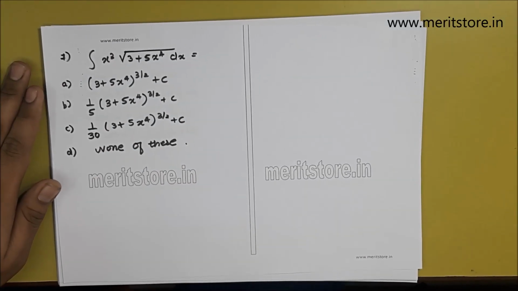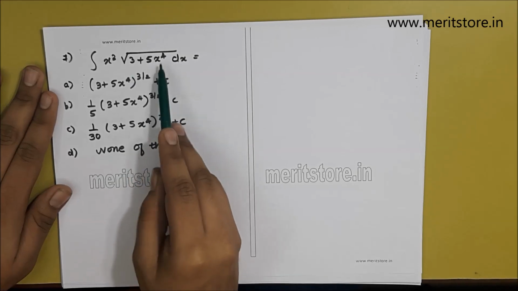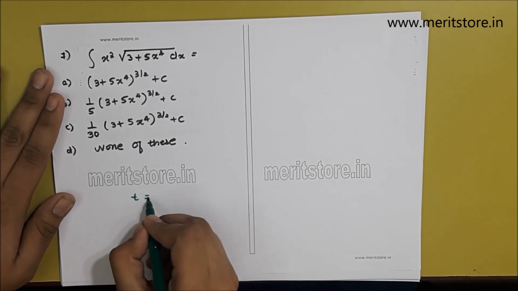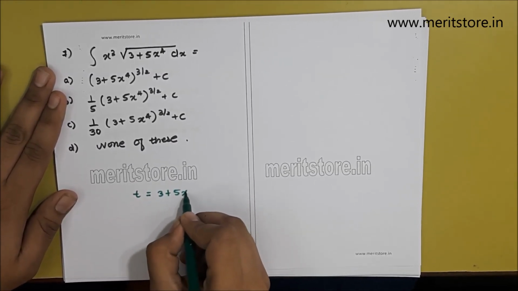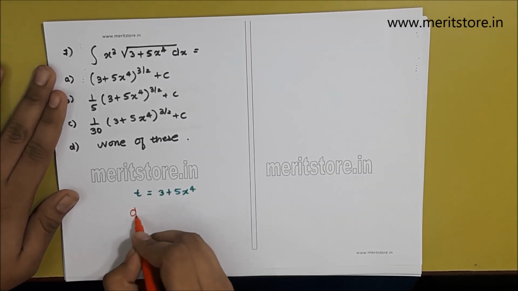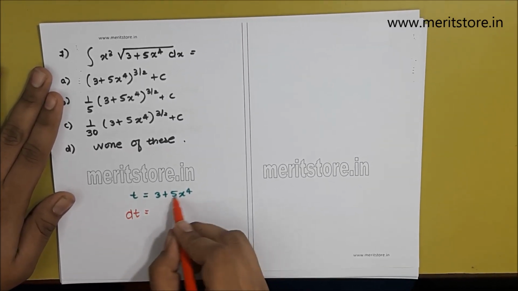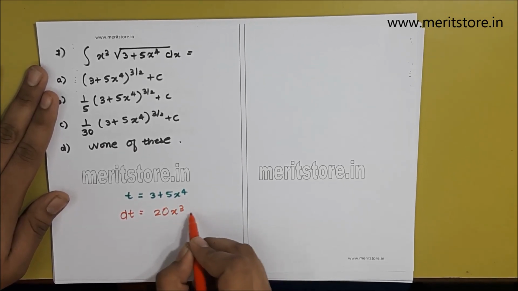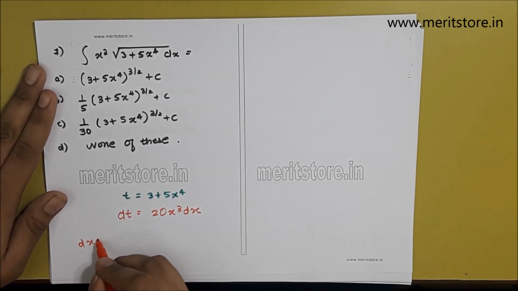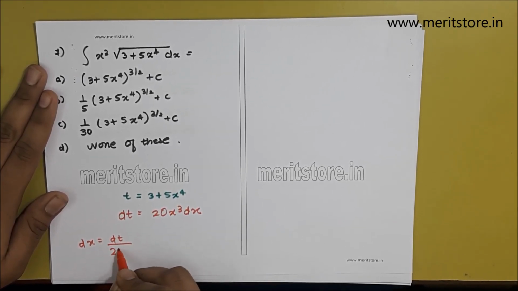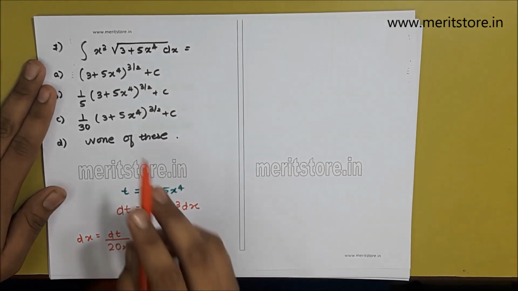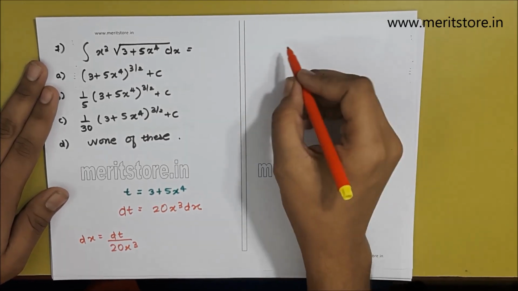Question number 7. Integration of x cube square root of 3 plus 5x raised to 4 dx can be solved as, let us put t is equal to 3 plus 5x raised to 4. Now differentiating both the sides. What we get is dt is equal to 5 into 4, 20 x cube dx. Now we also know that dx can be written as dt upon 20x cube. We already know that. Now resubstituting the values for dt and t in the equation, what we get is integration